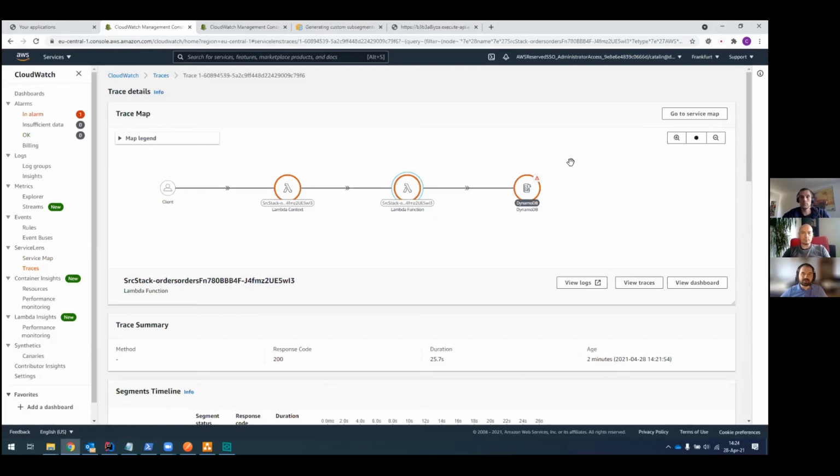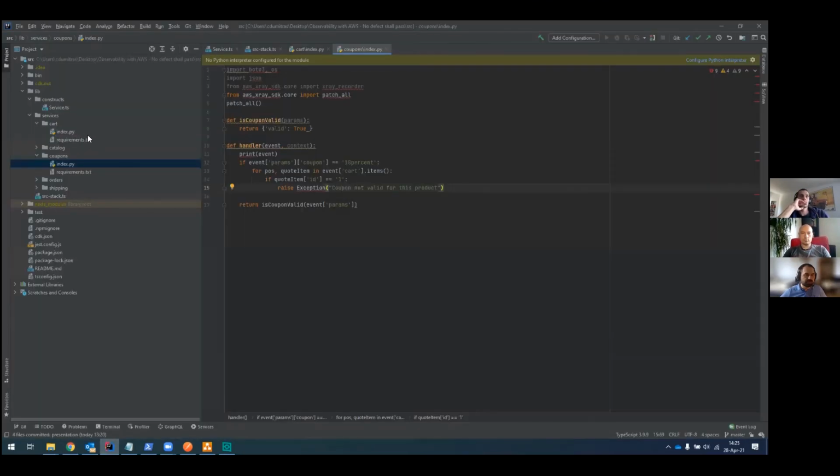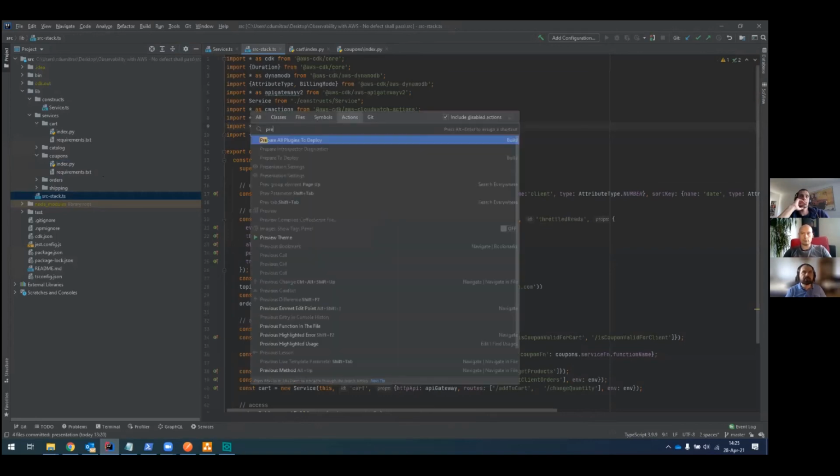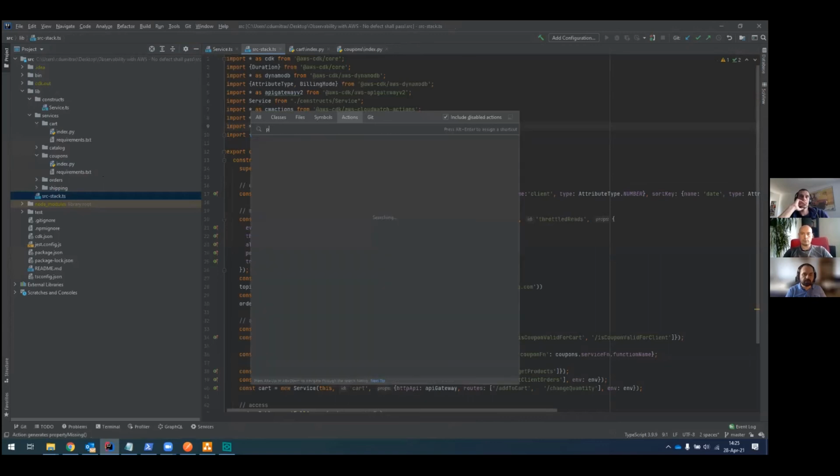And I promised I would tell you why this was a hard bug to make happen. Because in DynamoDB, I'll actually show you the code because it's easier to do. We just have one read capacity unit, or RCU.